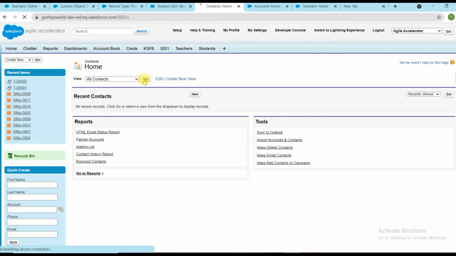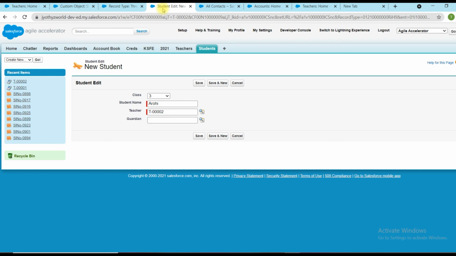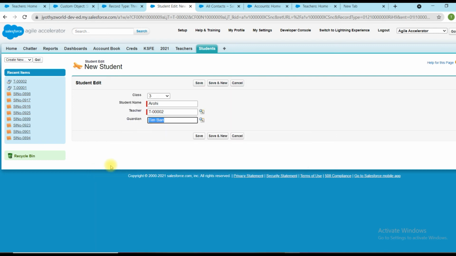All contacts, go. Some contact information is available. So I'm providing a guardian something like this. So Tim Bar is the guardian for Aarohi.